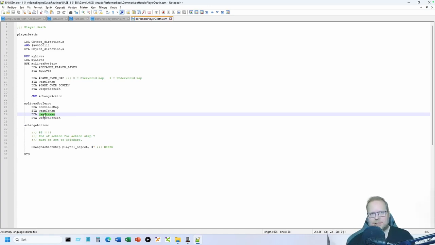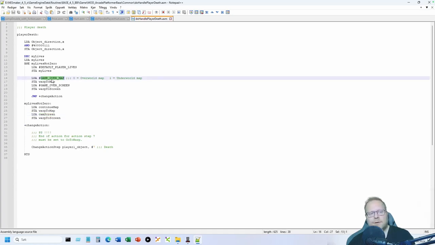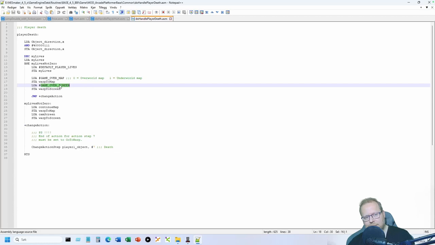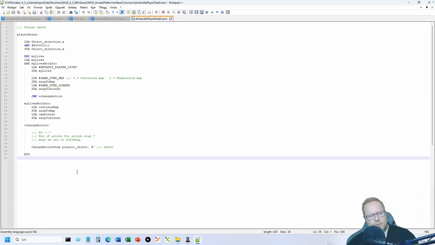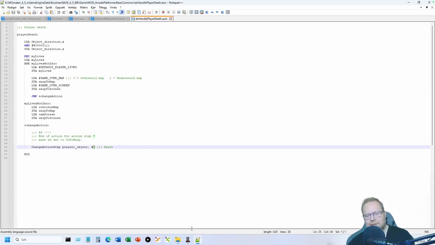We're gonna restart the screen. But if our lives are 0, then we are going to warp to the game over screen. So you don't have to worry too much about this code. I'm just trying to explain how this works. The point is that all of this happens in action step 7